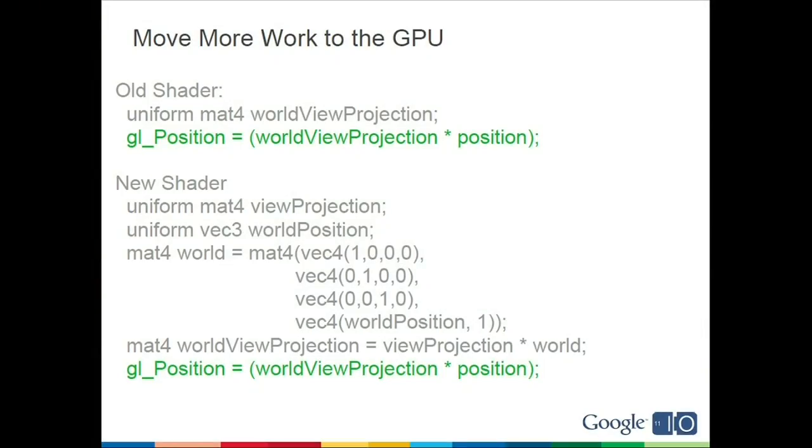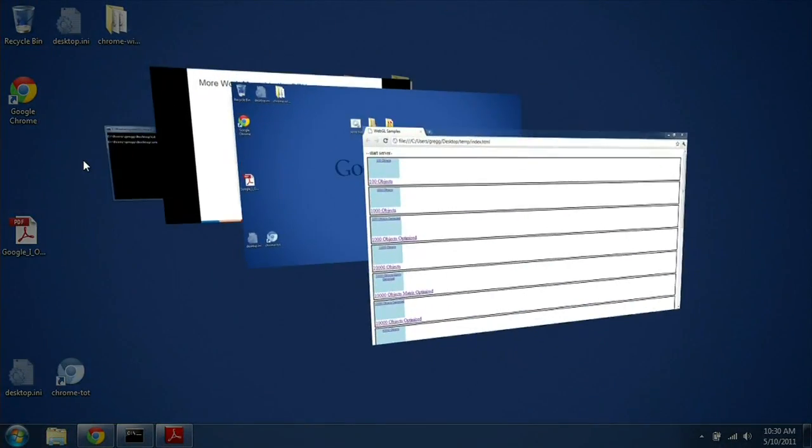And then you can see at the end where we actually use it, those lines haven't changed. The only thing that's changed is whether we passed in the world view projection computed from JavaScript, or that we only passed in a world position and computed it inline. And so if I show you that example,